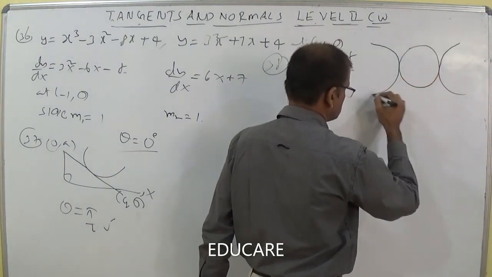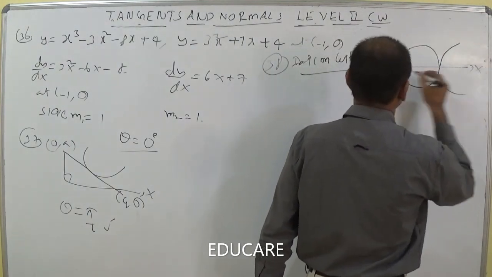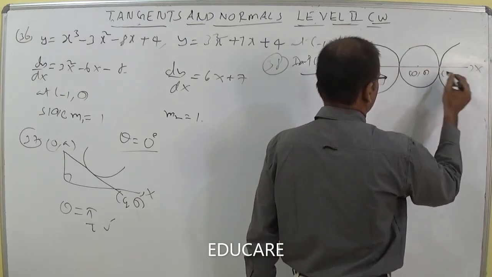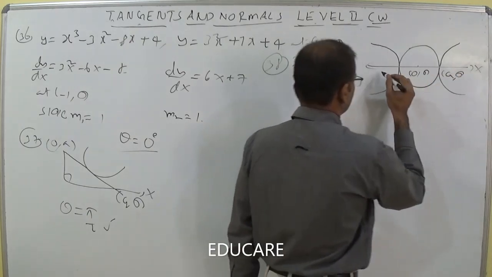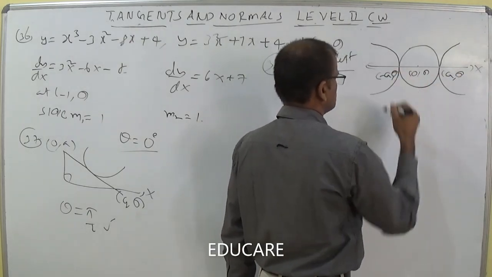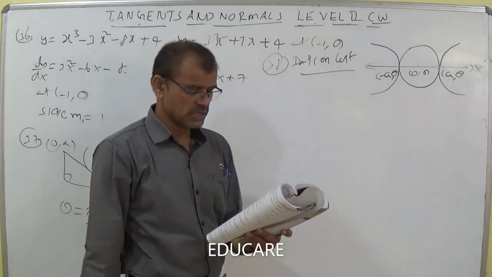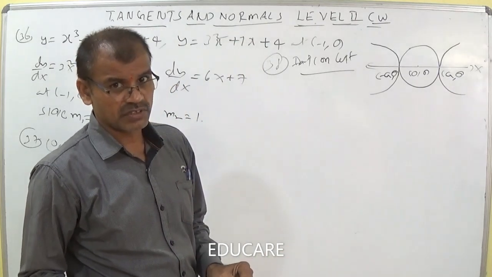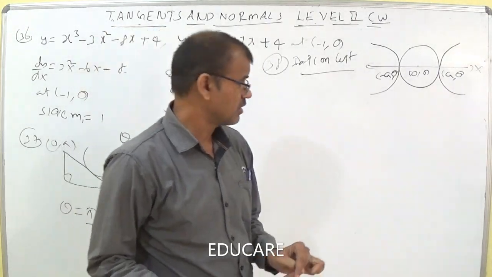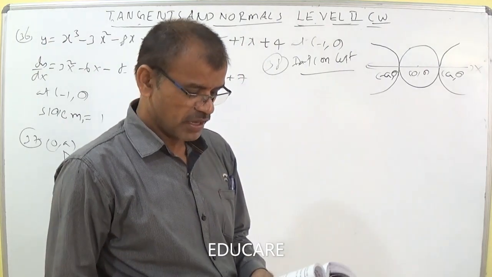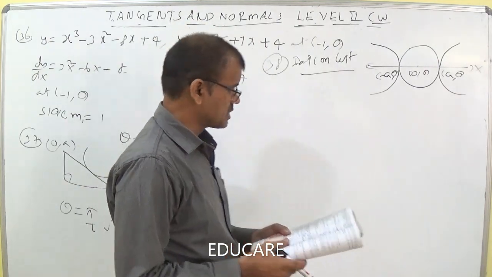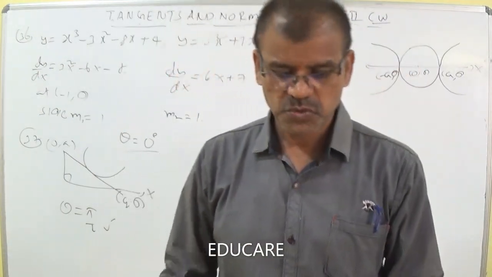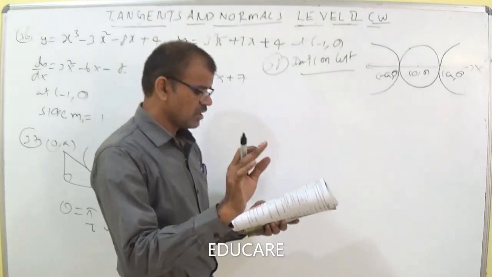Auxiliary circle. This is the auxiliary circle. This is the hyperbola. Here (0, 0) is the center, and this is (a, 0) and this is (-a, 0). (a, 0) and (-a, 0) are the endpoints of the diameter of the circle and the vertices of the hyperbola. Here, x square minus y square is equal to a square is the given rectangular hyperbola, and x square plus y square is equal to a square is the circle with the same center.